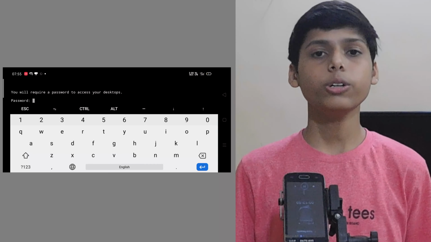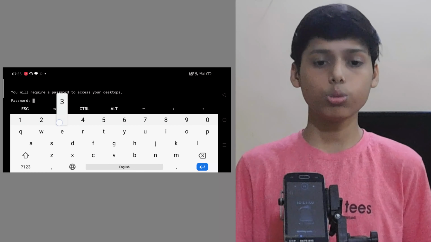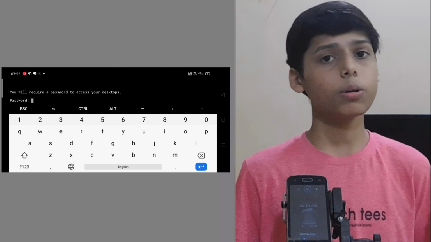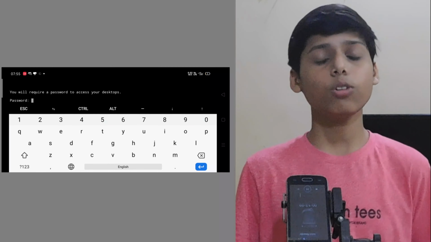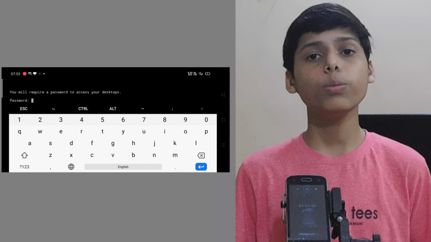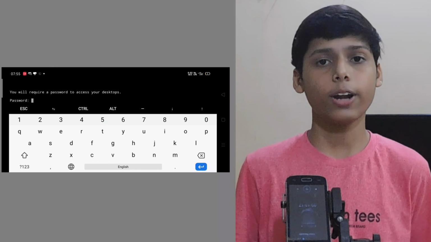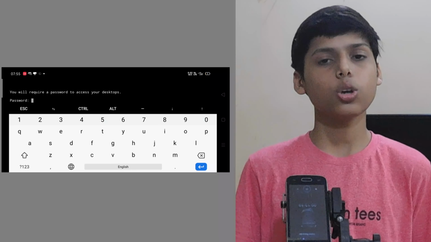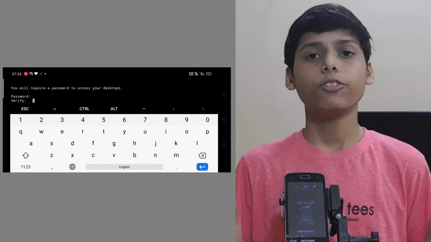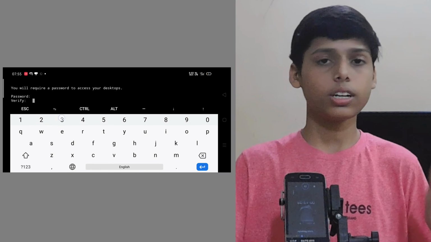Basically you need to just choose your password. Set a type of password which you will be able to recognize, because at the end of this process all these apps are going to ask for this password. Only then will you be able to use Kali Linux on your Android device. So make sure it is written somewhere or that you remember it. After this you need to verify it by typing it again.